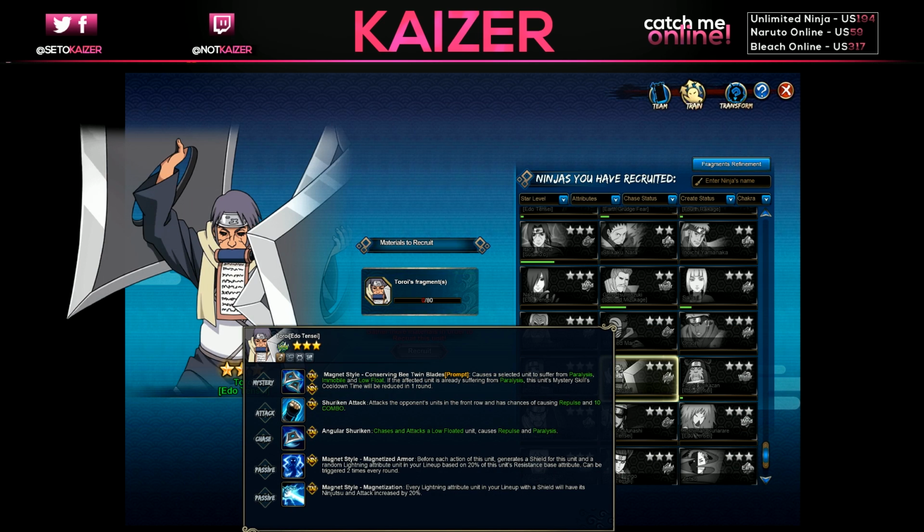They have Toroi. Causes a selected unit to suffer from paralysis, immobilization, and low float. If the unit is already suffering from paralysis, the cooldown will be decreased by 1. Attacks the opponent's unit in the front row, has a chance of causing repulse, and a 10-hit combo. Chase and attack low float unit causing repulse and paralysis. Before each action of this unit, generate a shield for this unit and a random lightning attribute unit in your lineup based on 20% of...